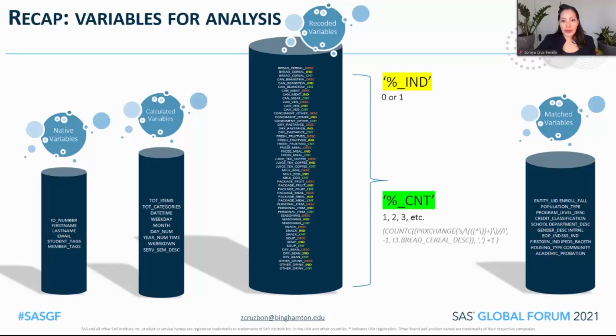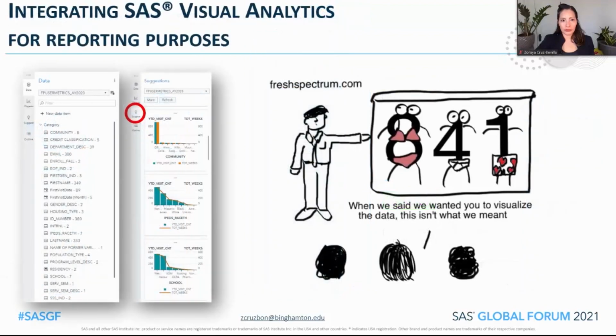Needless to say, without the proper analytic tool, much of this information would have gone unexplored. And that's where SAS Visual Analytics came in to help with making sense of all this rich data.